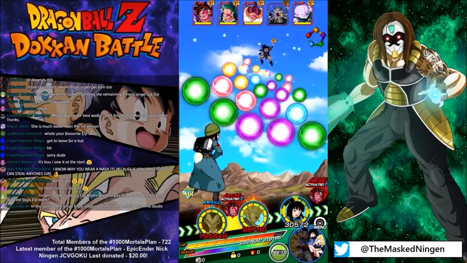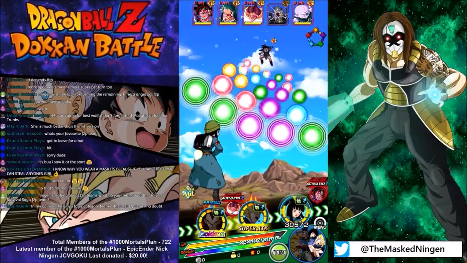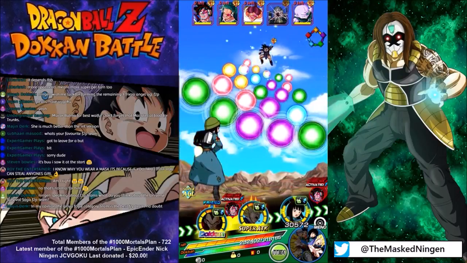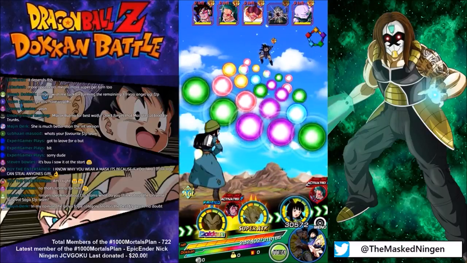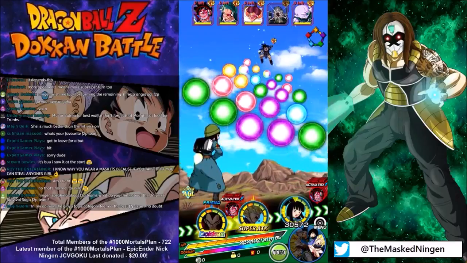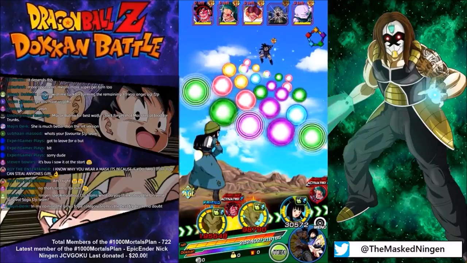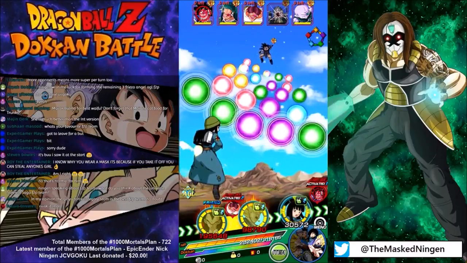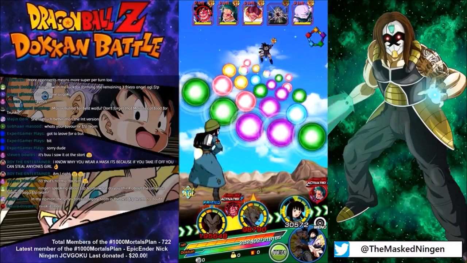Ningen, speaking about free-to-play teams, what do you think about the Universe Survival Saga free-to-play team? It's pretty good, especially with the new Caulifla and Kale. Before they dropped, I did a video using them to take on the LR Goku event, which was pretty fun. In my opinion, the Ginyu Force category team is the best free-to-play team, pretty much without any possible argument. But we don't have it yet, so...